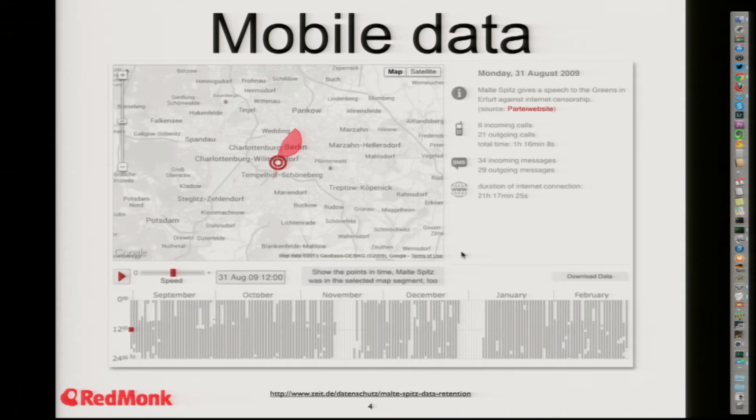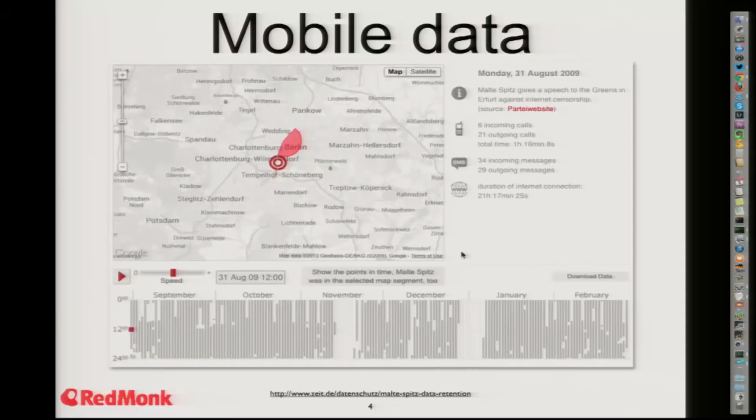What he did was he published the information in Zeit Online, and the link is at the bottom there. All these slides that I have, they have a link at the bottom. It's a clickable link in the PDF on SlideShare as well, so you can go and view this data. There's a play button on the bottom left there. You can hit play on the site, and you can go through the 6 months of his life, and it plays where he goes. So when he gets on a train, the little dot there moves along the map, so you can see where he was for almost all the time of that 6 months.